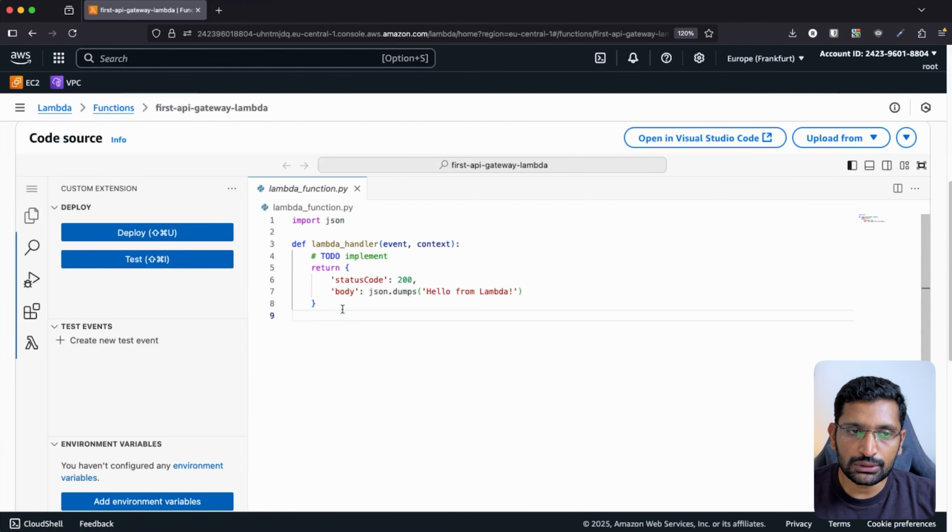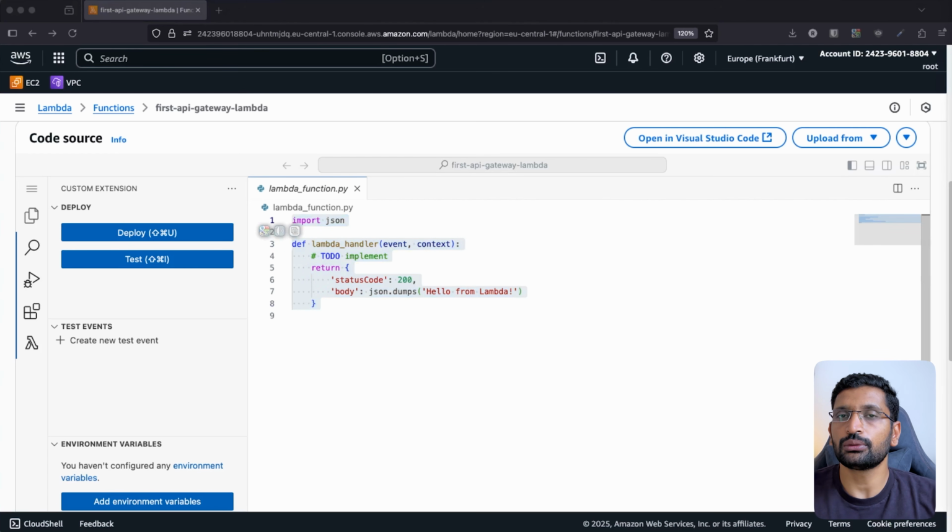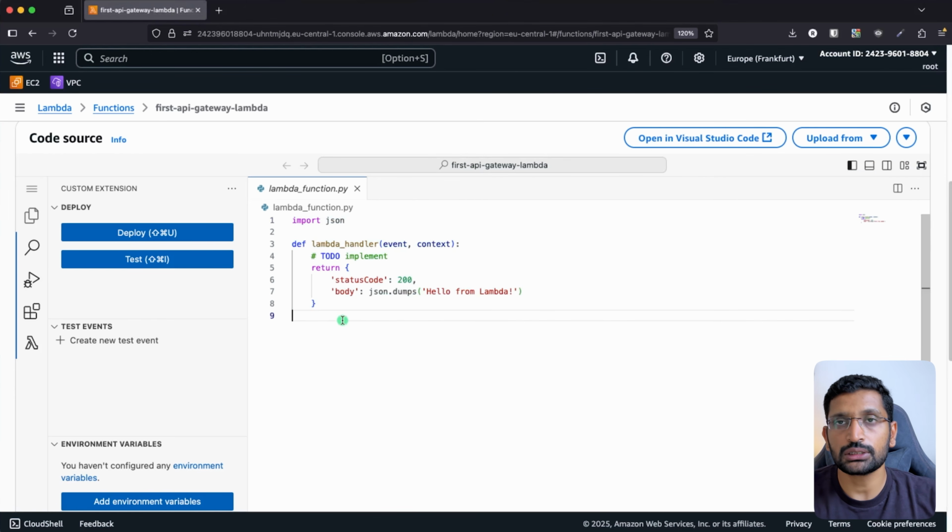You can even use this particular code which will work fine, but in my case I just wanted to show you the HTTP response code as well as the response body in the JSON format. So that's why I would like to update this code block over here. So let me copy the code from my notepad which I have already prepared, and I'm going to share this particular code